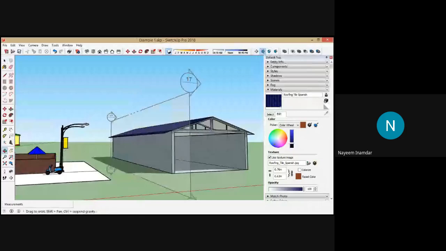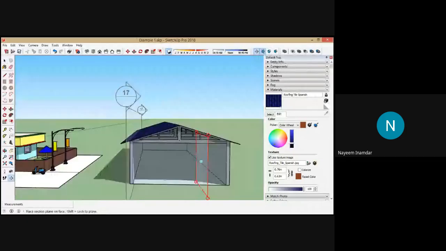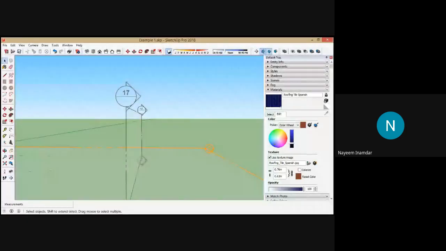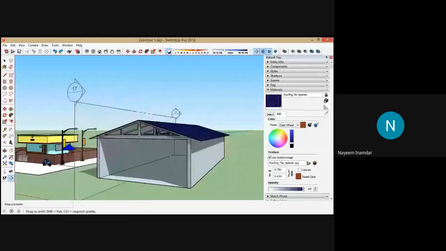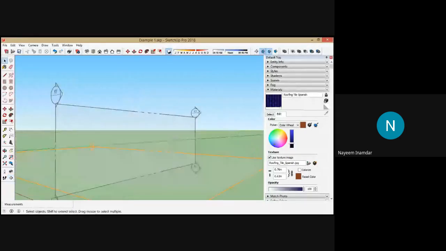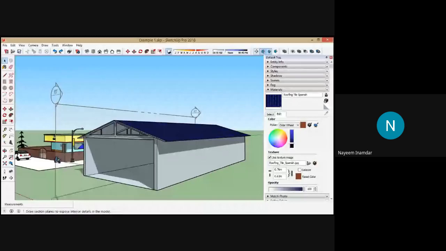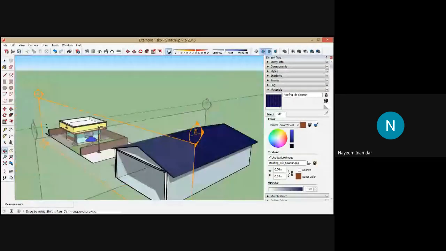you can have the section plane at, sorry. You can have different cuts.